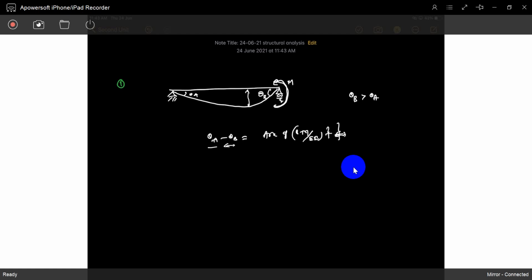If you want to reduce this equation to one unknown, we have to find out where the maximum deflection is. Because at the maximum deflection point, it has a zero slope. Then only we can write theta A minus theta B, or 0 minus theta B, equation. But where we get the maximum deflection, we don't know. If you knew it, you could just draw the bending moment diagram and curvature diagram and get the area between those two points. But we don't know where it gets maximum deflection. So how can we solve it? How can you find out theta A and theta B?